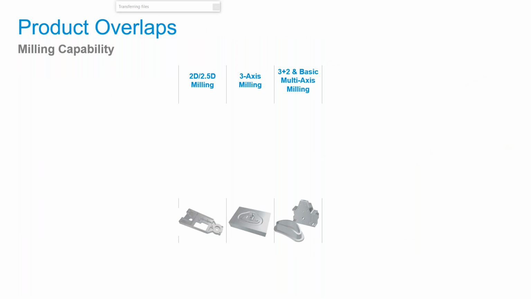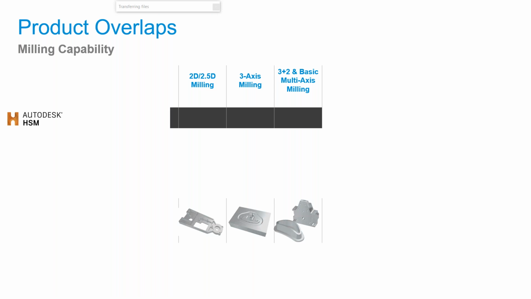So if I were to simply talk about it, we are talking of 3 types of software here, and sometimes it might be a little confusing to decide which one to use in what instance. So let's talk a little about the overlaps. If I just were to browse through broad milling capabilities, I'm specifically talking about milling here.